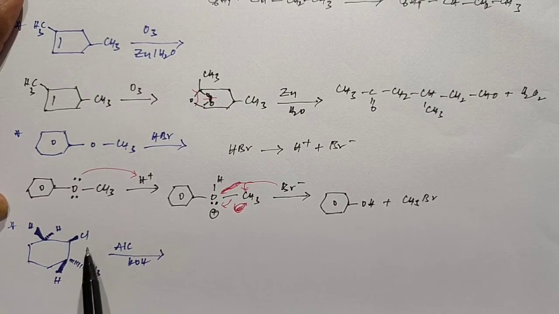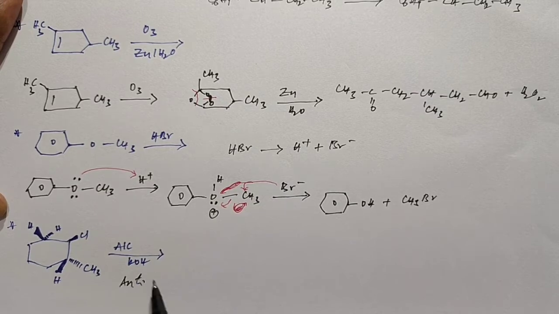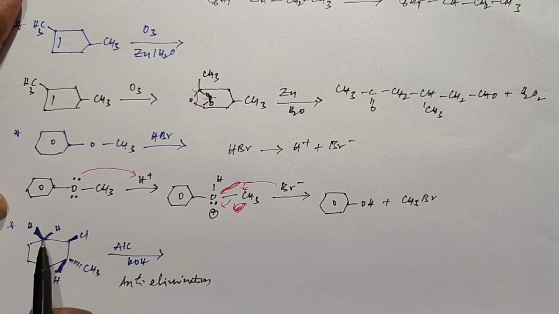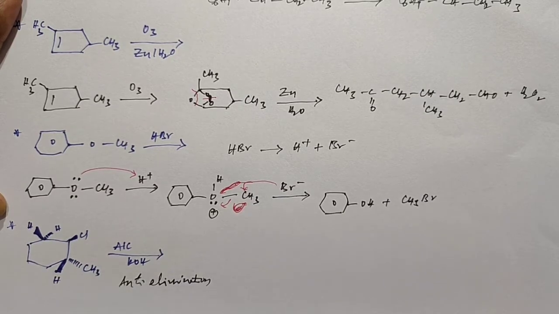Normally we would remove the hydrogen from here, but as per stereochemistry, the alcoholic KOH reacts based on the E2 mechanism. Here anti-elimination is possible. Anti-elimination means, suppose the chlorine is present above the plane, then we need to remove the hydrogen from below the plane. When you see the neighboring carbons, for this carbon the hydrogen is present above the plane, for this carbon the hydrogen is present below the plane.